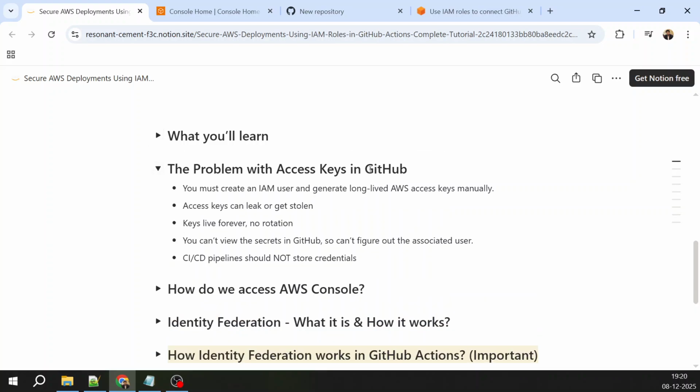Okay, so what is the problem? The problem is if you're not using IAM roles or OIDC integration in GitHub Actions, then a typical process is you have to create an IAM user in your AWS account. Then you have to generate security credentials, AWS access keys and secret. Then you come to GitHub Actions and you store those access keys and secrets in environment variables or some secrets in your pipeline. So the problem with this is every time you build a new pipeline, you have to